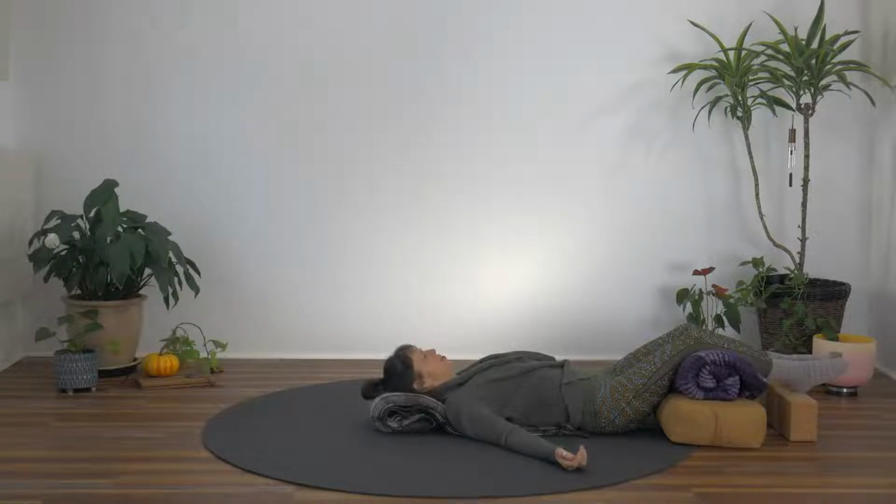And shift that awareness to the left foot, finding your left toes, wiggle them if you need to. The whole left foot, the footprint, the tops of the toes, the top of the foot, the left ankle, lower leg, shin and calf, the left knee, the left thigh, the left side of your left hip, waist, ribs, left underarm,